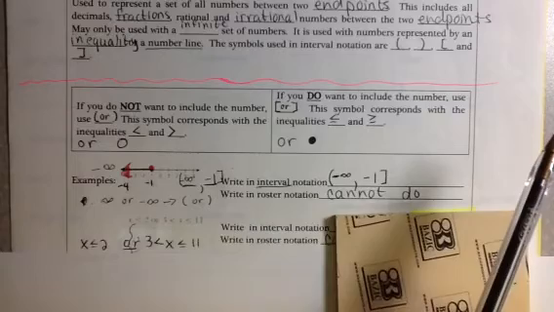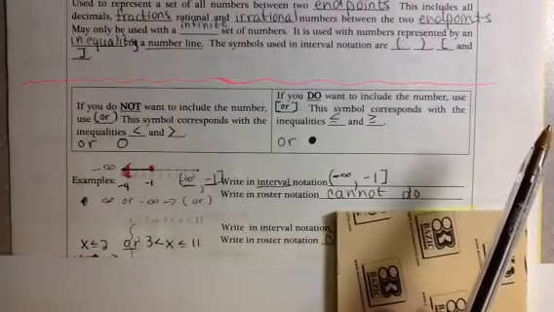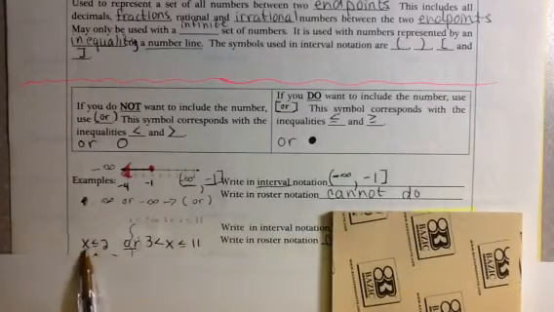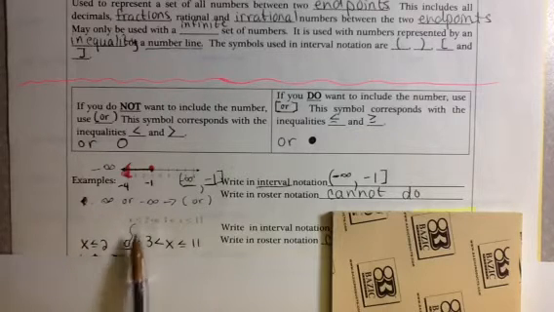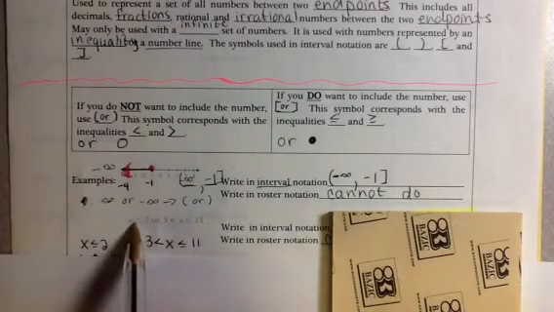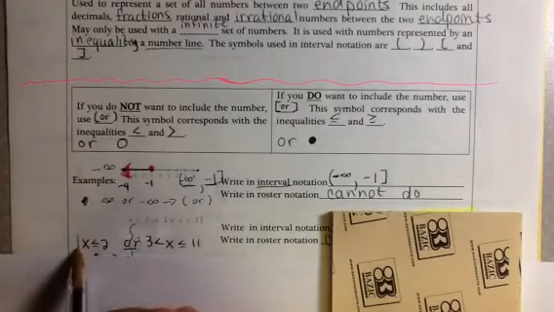All right, let's look at another one here. Again I used a snip and it didn't copy very well, so I'm going to have you write this on your paper. This is what the actual inequality or the statement was. Now, because there's an or, that kind of breaks it up. We're going to write two different